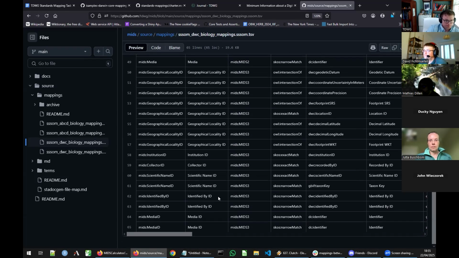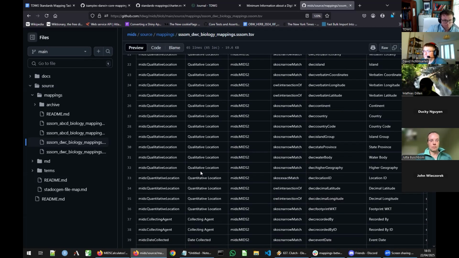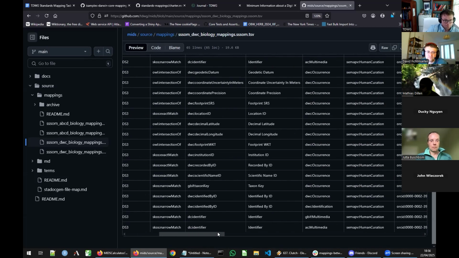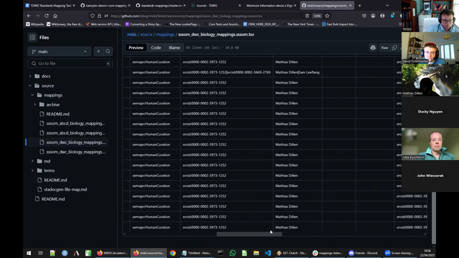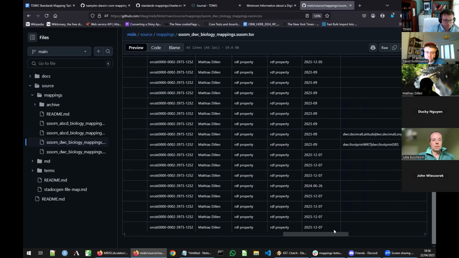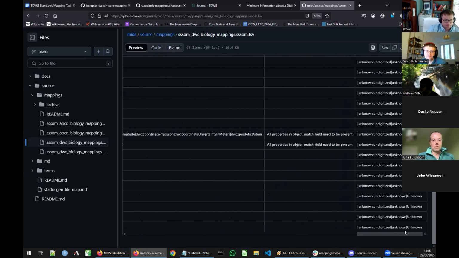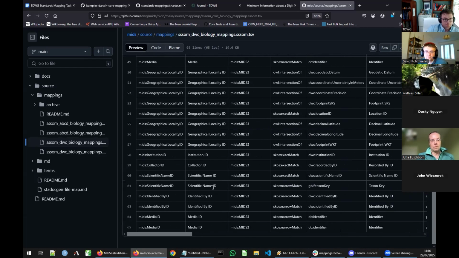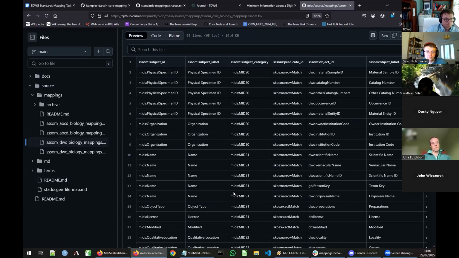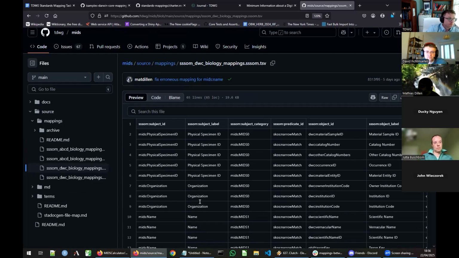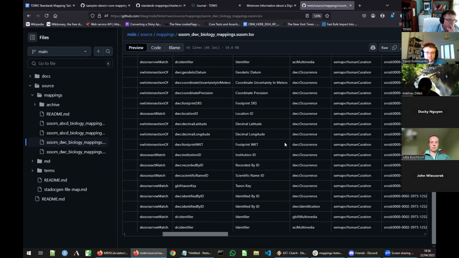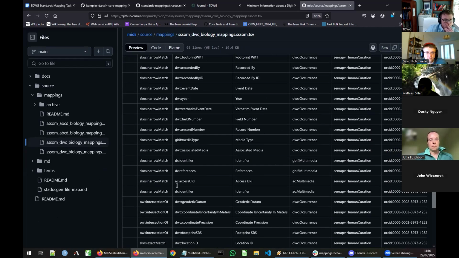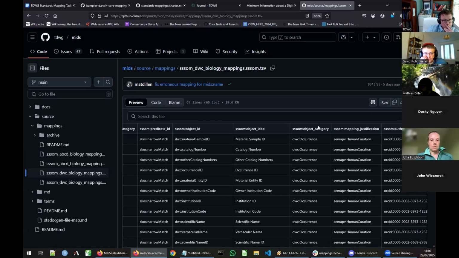And when you take things simple, that is really the main gist of it. There's of course some additional metadata as well, like the ORCIDs of the people who worked on it, a date stamp of when the mapping was established, some comments, and in this case, for Darwin Core and for other standards, because that's what SSSOM supports, we also have an object category.